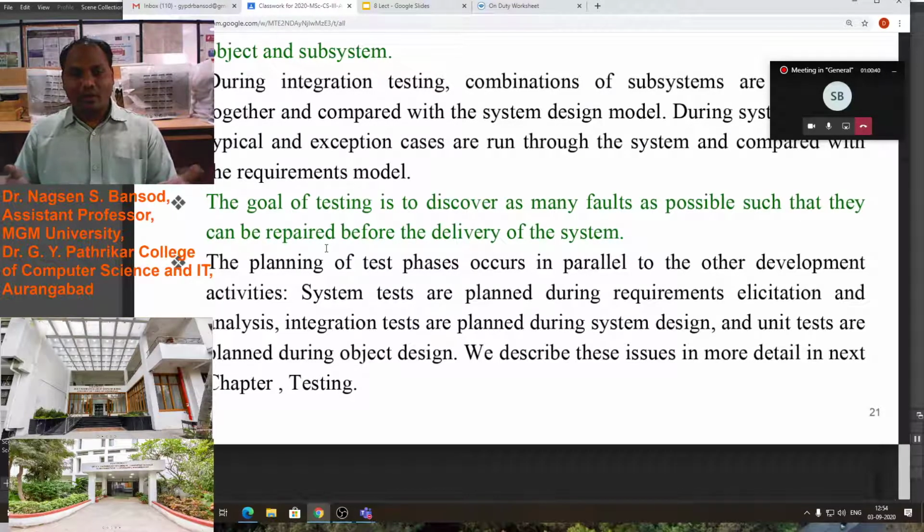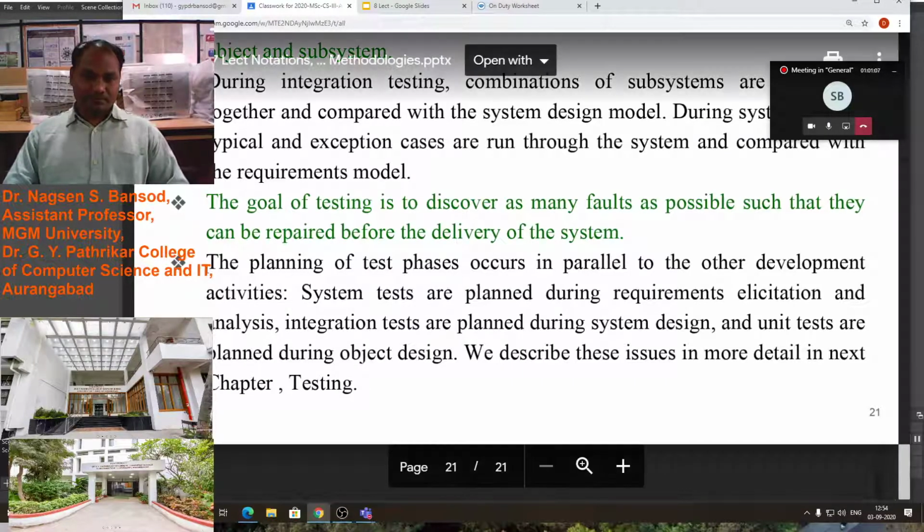We have to find all the errors in the system: possible errors at the time of installing, at the time of working with that software, at the time of working with a subsystem. Such types of errors we have to find out in testing. This is the goal, this is the objective of testing, to find out the errors before deploying to the customer.